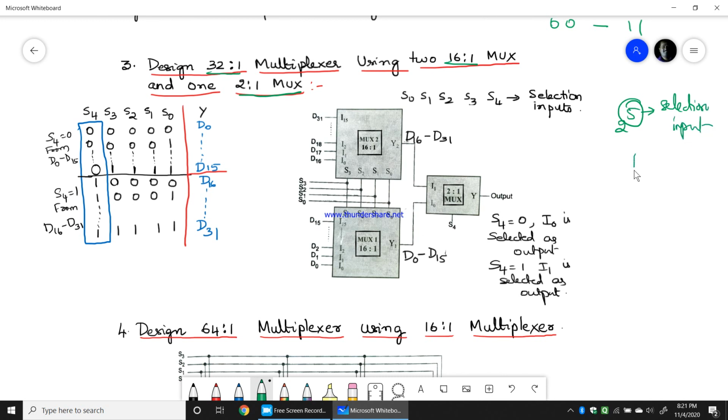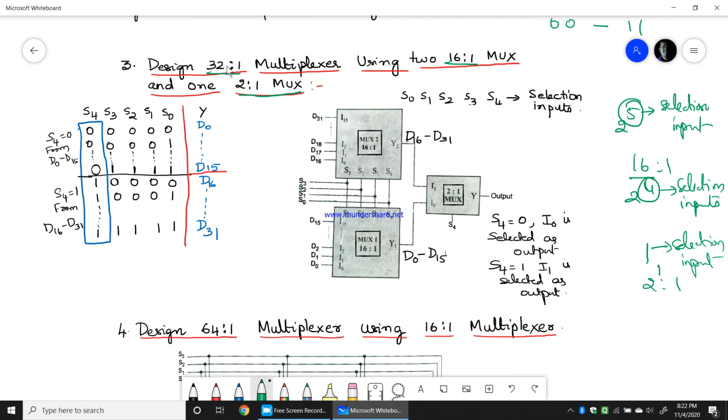But 16:1 will give me 2 power 4, so 4 selection inputs are given by 16:1. I need one more. For that I am using a 2:1 multiplexer. So 2:1 multiplexer will give 1 selection input. Now how to connect this 16:1 and 2:1 so that I can get 32:1 is what we need to know now.